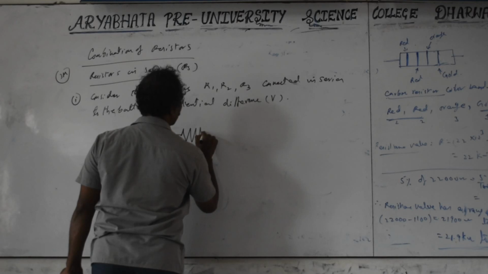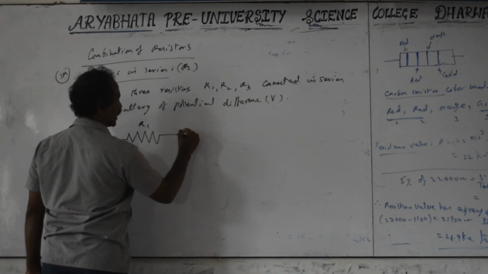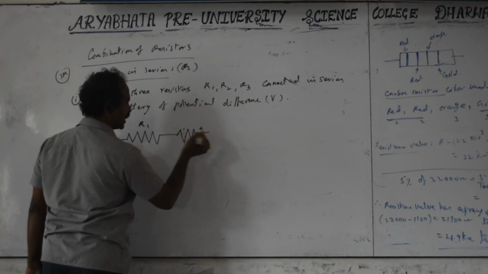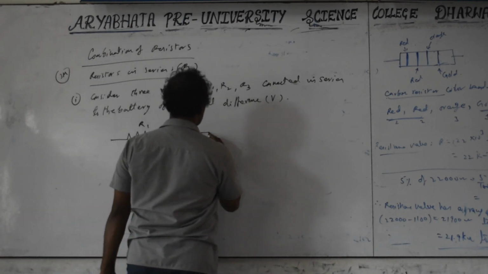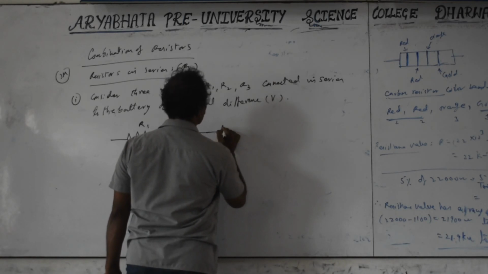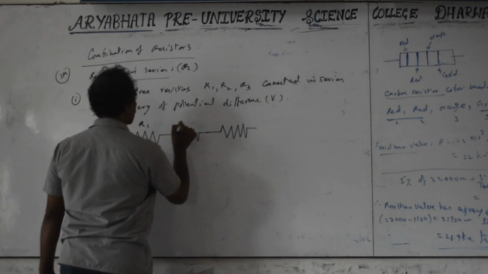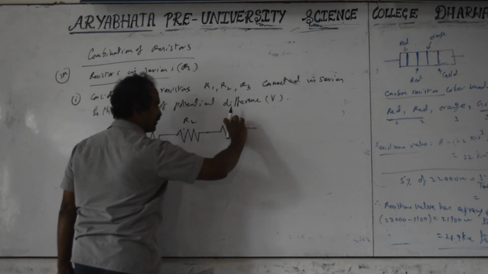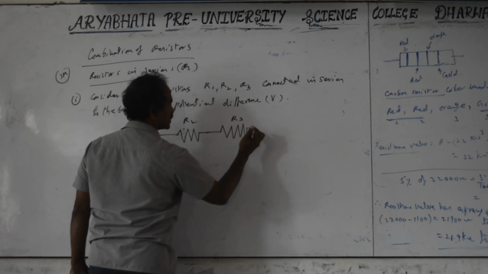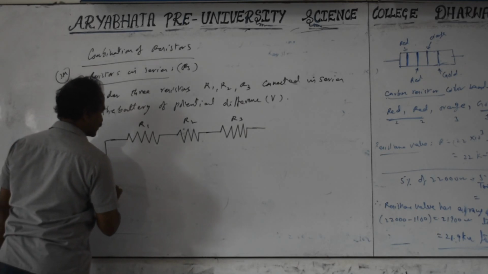No need to count how many of these crosses there are. It is not compulsory to count exactly. You can take any number of these short edges. R2 and R3, you can take only 2 also. That is your choice for the derivation. R1, R2, R3, approximately at the same level, uniformly for all these short edges, connected to the battery of potential difference V.